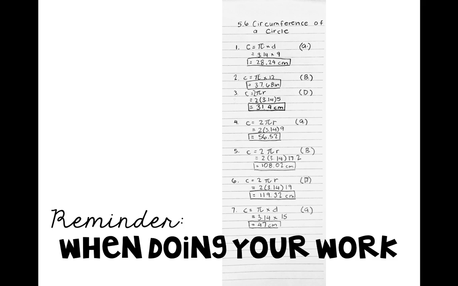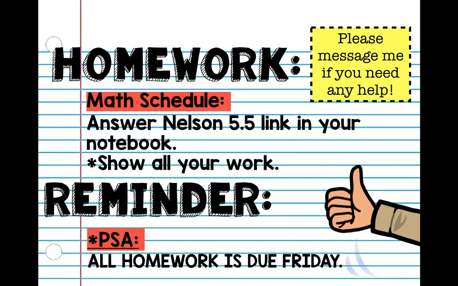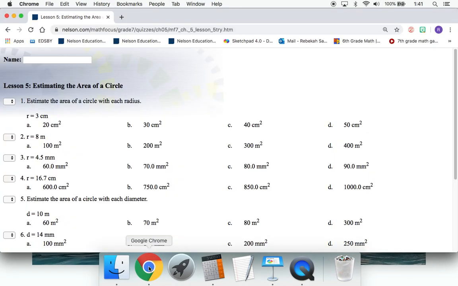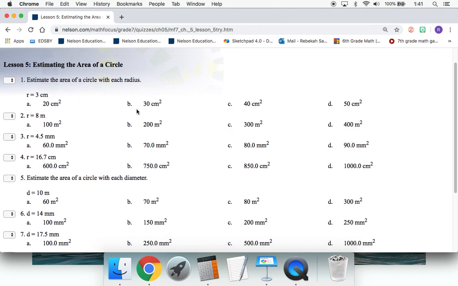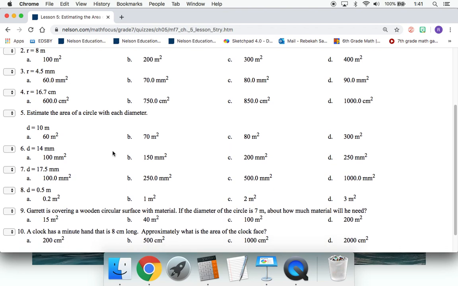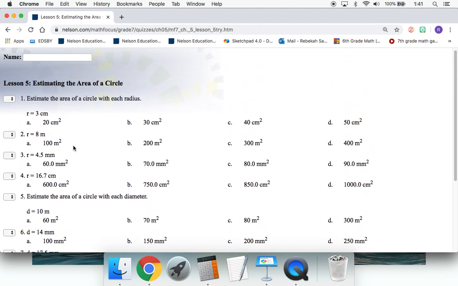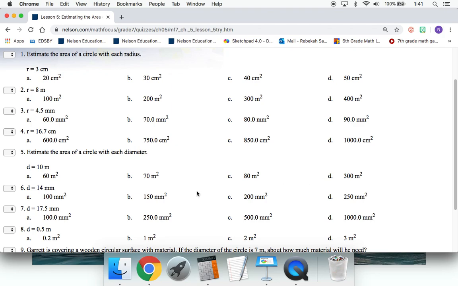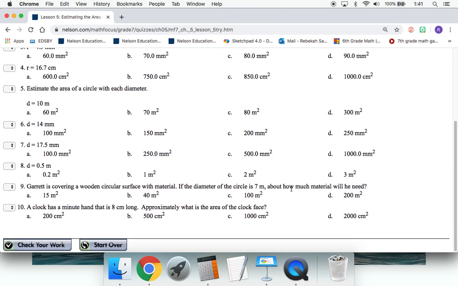All right, so again, just like yesterday, you're just gonna always show your work. You're using a calculator, so this should be simple for you guys. Okay, so again, you have 5.5 as your homework tonight. Let me show you. This is 5.5. So if you notice, all of these answers are all whole numbers. So you need to be estimating, find the correct answer, then estimate, and find the closest one. Okay, show your work. You have 2 word